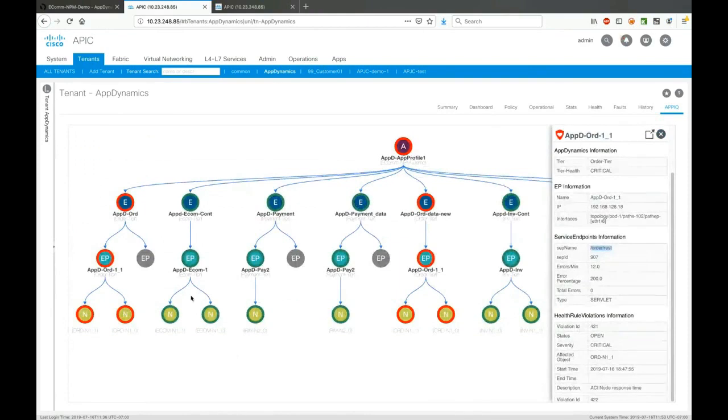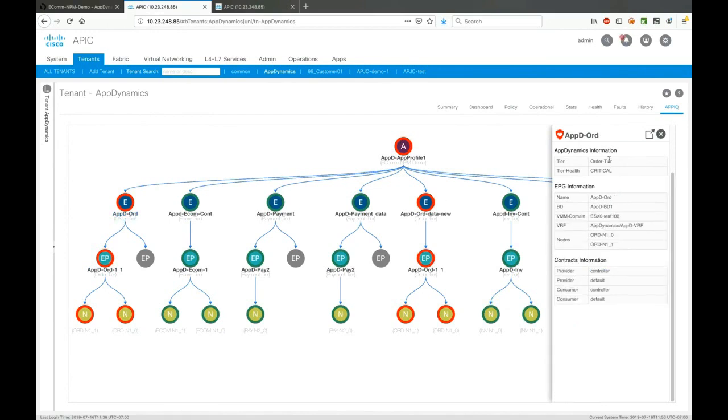Now, back to this view. We got the information about the endpoint. We got the information about the node. Let's move up in the tree and see where this endpoint is. So this endpoint is part of a grouping that we've created on ACI, which is AppDynamics, and this corresponds to the order processing tier that we have on the application. And you see